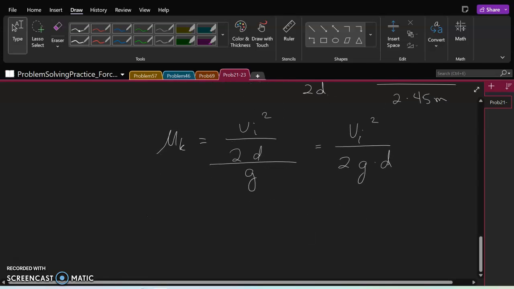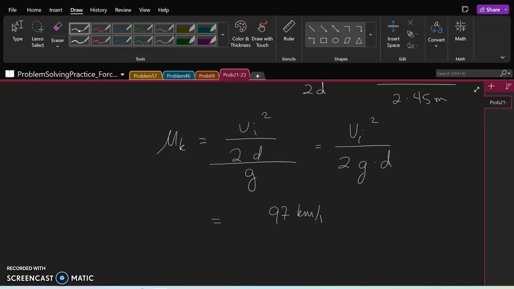And now I can go ahead and stick in again all of these numbers if I want to. I've got 97 kilometers per hour squared over 2 times 10 meters per second squared times 45 meters. And I can tell when I just look at the units, like meters and meters, those are going to cancel, and a kilometer squared at some point. And these seconds squared is going to go to the numerator,